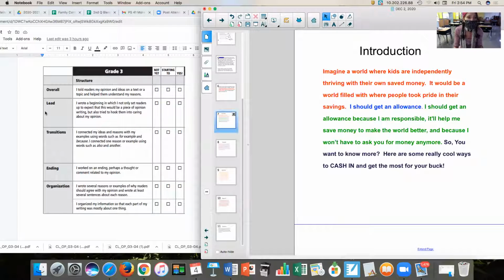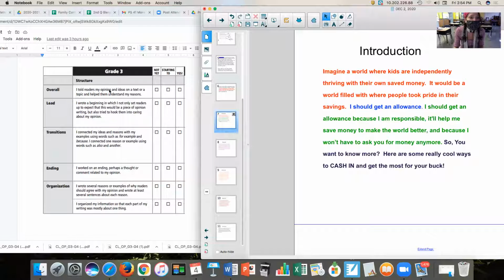You're going to have this checklist in front of you, which is on your Google Classroom to print. If you don't have it, then you're going to pull it up and just look at it. But you should print it if you can. All right? That way you'll be able to actually make the check marks. So this is your checklist, your overall piece,